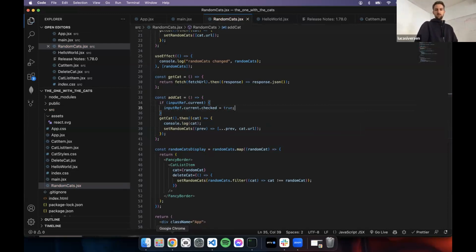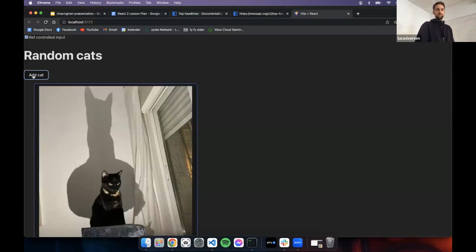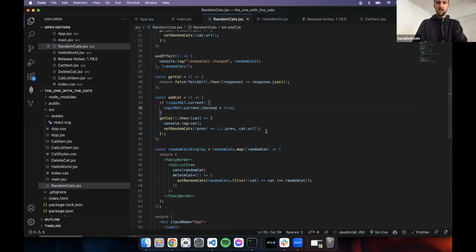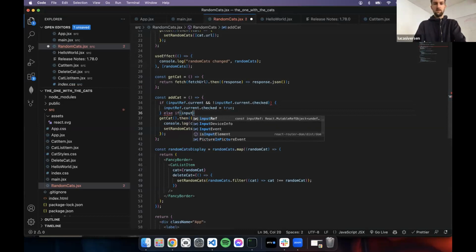So let's see if this works. Yeah, so when I add a cat, it also checks the checkbox, right? And then I can even take it further and say if it's defined and it is not checked, then I want this to be true, else if it's defined